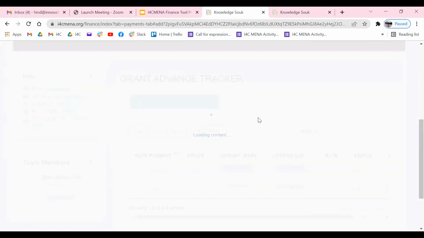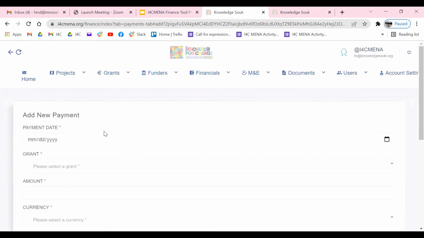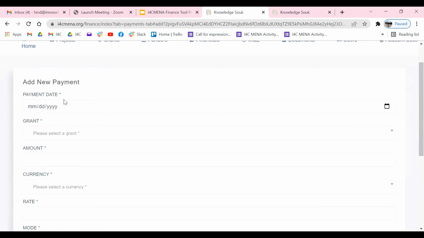So to add a new one, of course we always base it on the wire transfer, so that we will have all this information available. So we put here the payment date.